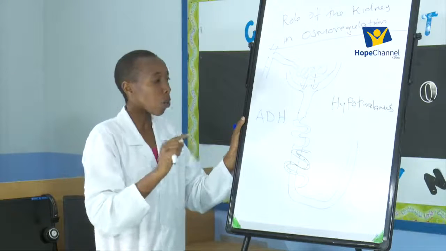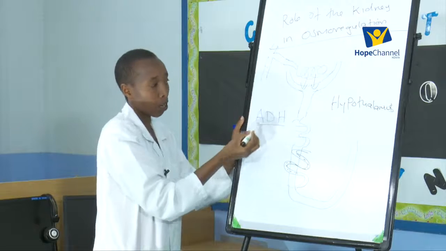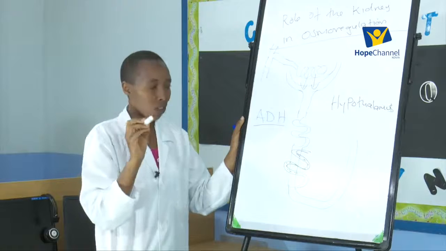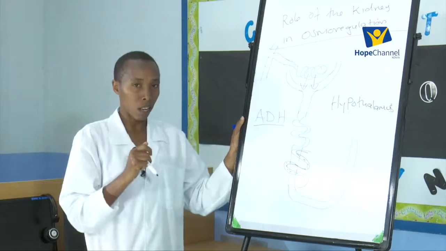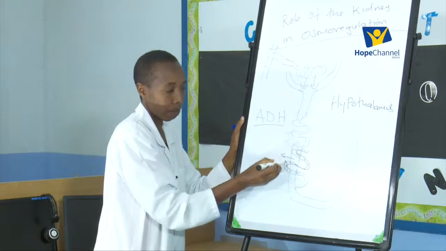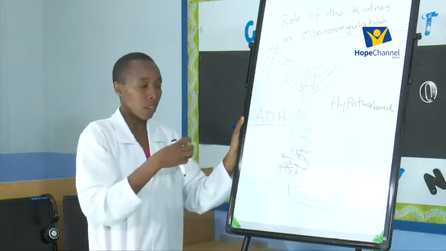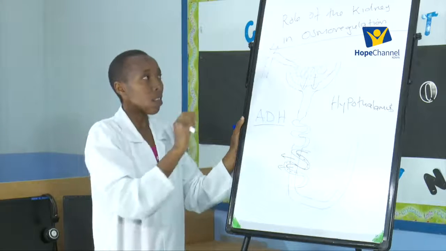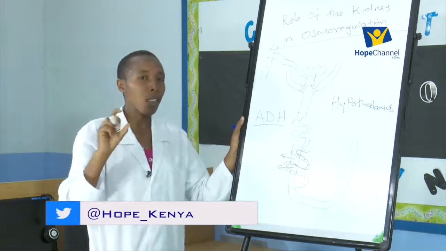The pituitary gland will release antidiuretic hormone. This antidiuretic hormone is released into the bloodstream. The moment the antidiuretic hormone reaches the kidney tubules, it makes those tubules permeable to water. As a result, more water is reabsorbed back into the blood. And when you reabsorb more water from the glomerular filtrate into the blood, then you are going to lower the osmotic pressure. Remember, we are discussing the role of the kidney in osmoregulation, regulating the osmotic pressure